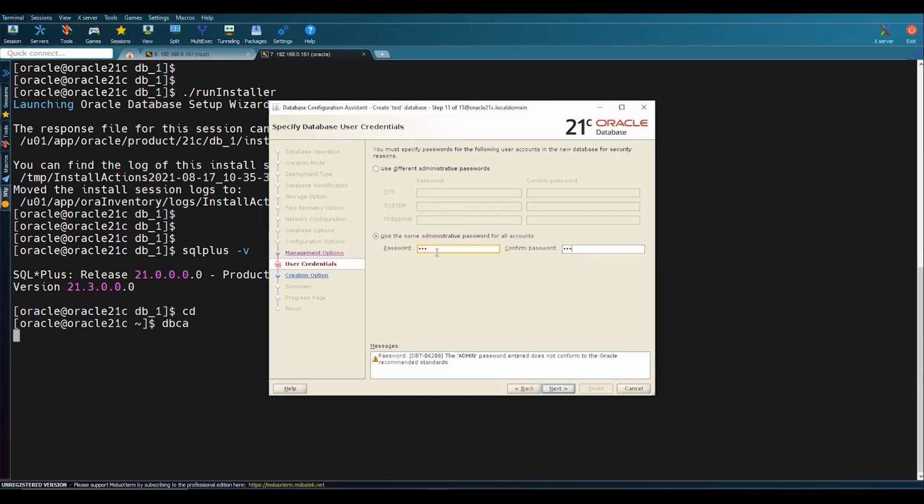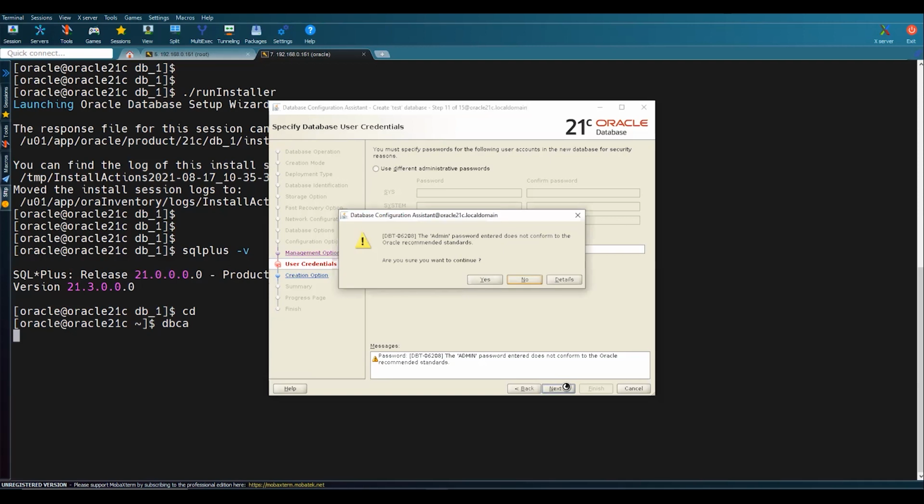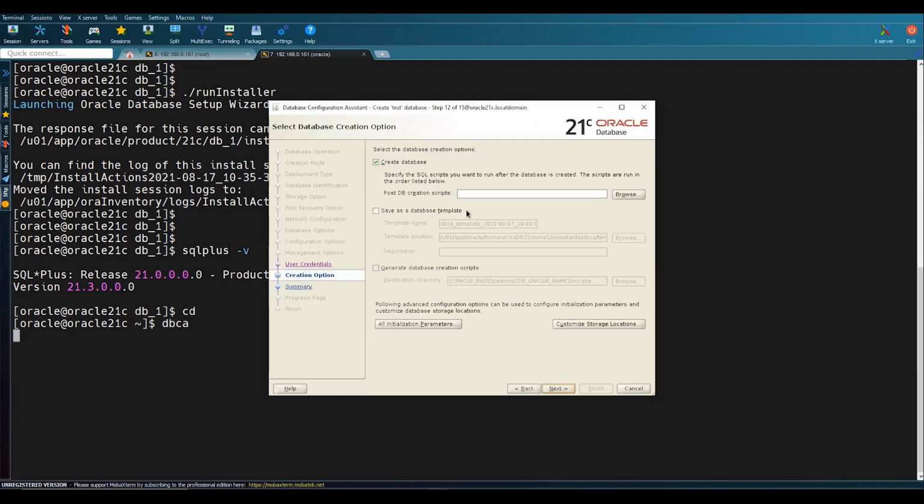So here you can provide all the passwords as a single password, or you can individually provide all the passwords. I have gone with a single password for all the SYS, SYSTEM and PDBADMIN users. This is just a warning we can ignore. Click on yes, and after this, if you want to run any specific script for post database creation, then you can select it from here.